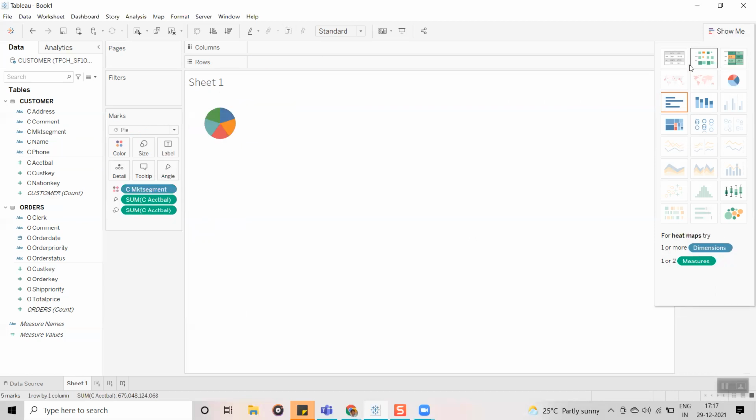Now guys, in real time, in general, when you are collecting the requirements, sometimes the customer will tell you, I want to see the data in this format. Most of the time the customer will suggest the visualizations. If the customer has not suggested a graph type, then you have to know in which graph we can show this data.